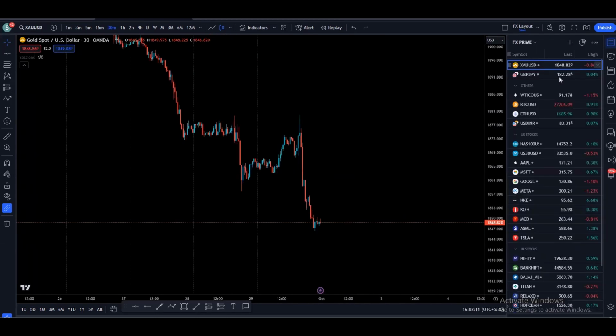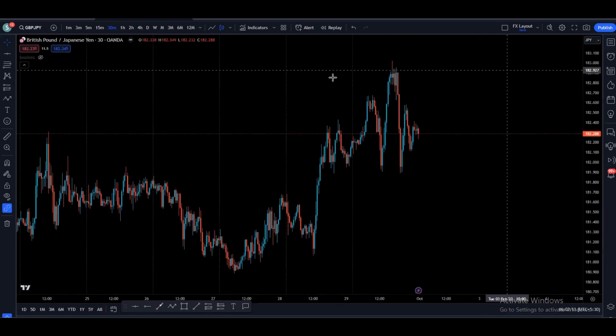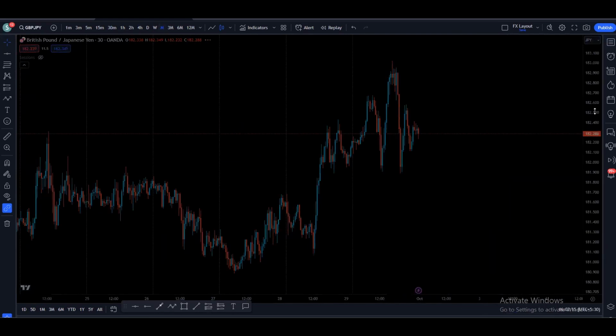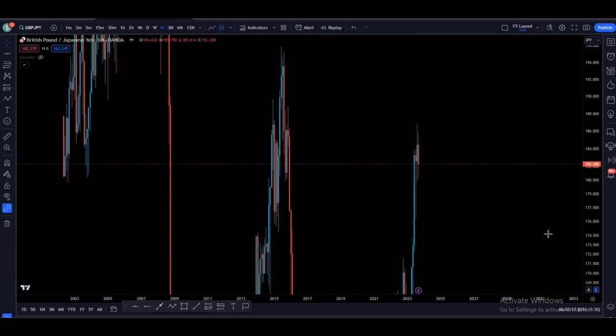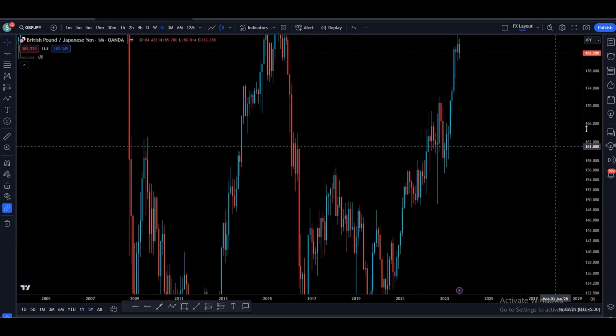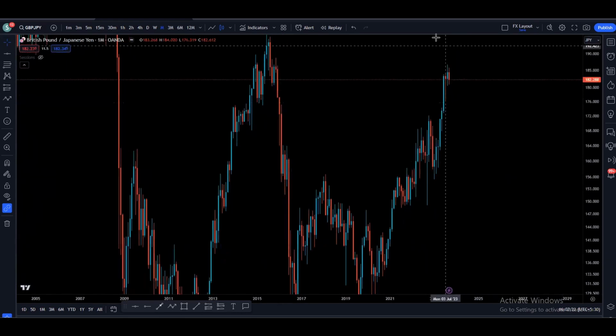Now let's go to our second pair, which is GJ, and let's see what is happening on the GJ. Now again, we are going to start with the monthly time frame, and GJ looks pretty bullish on the monthly time frame. So we can see that price created a high, higher low, higher high, higher low, and we created a high. So we are pretty bullish on the